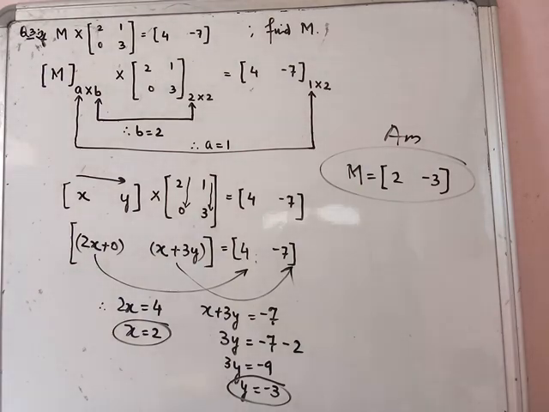Okay. So as far as the matrix chapter is concerned, these were the different questions that I had wanted to discuss. Obviously I have told you in the very beginning of this chapter that this is a relatively easy and scoring chapter, but the only condition here is for you to remember the rules: identity matrix, the order of a matrix, null matrix, matrix multiplication rule. If you remember all these things, there should be no problem in solving the questions.